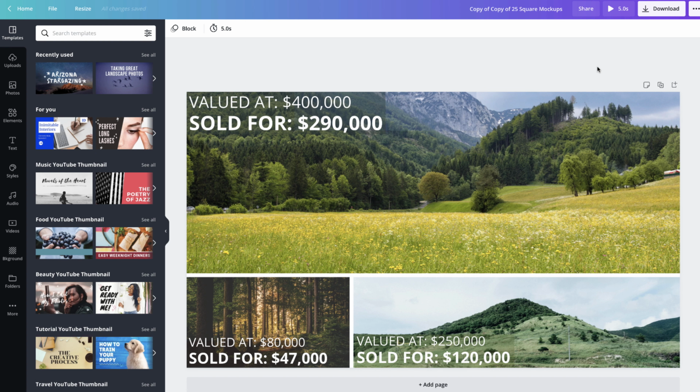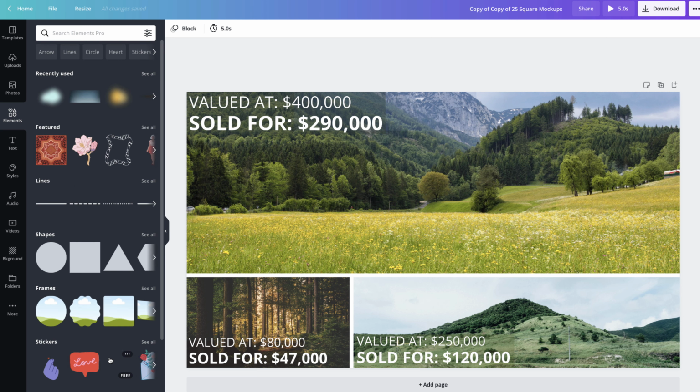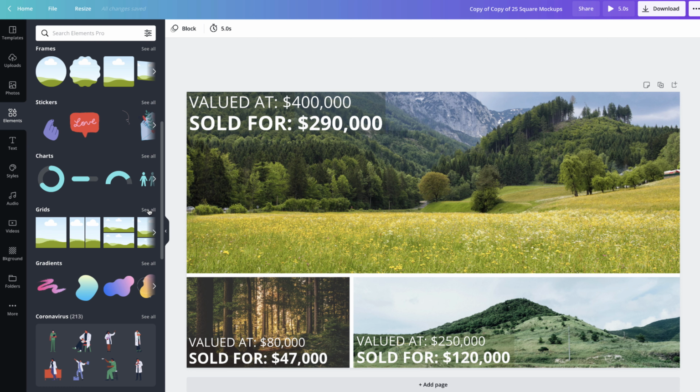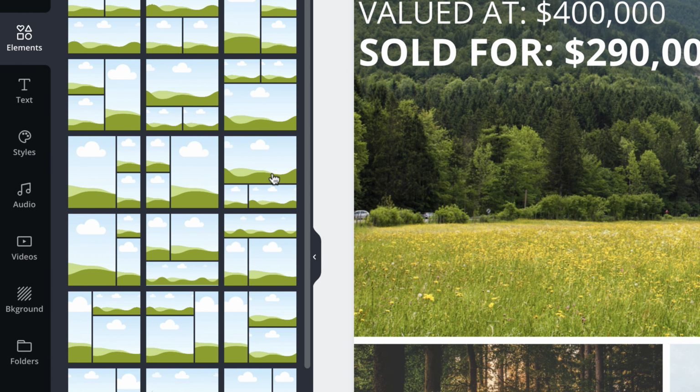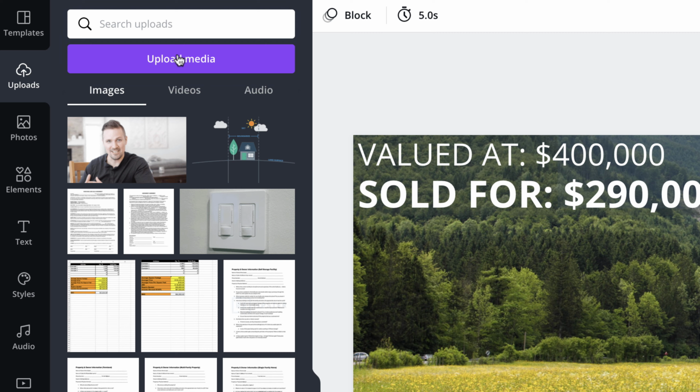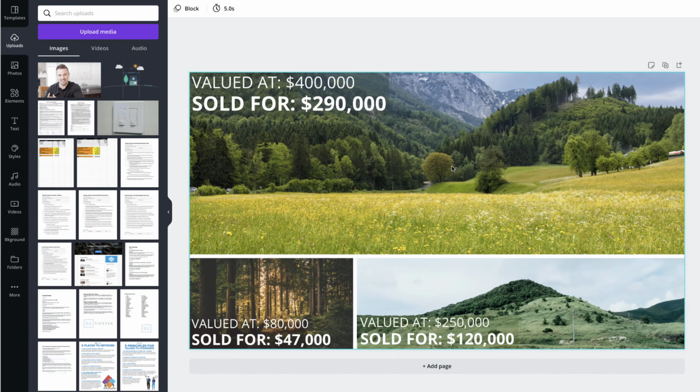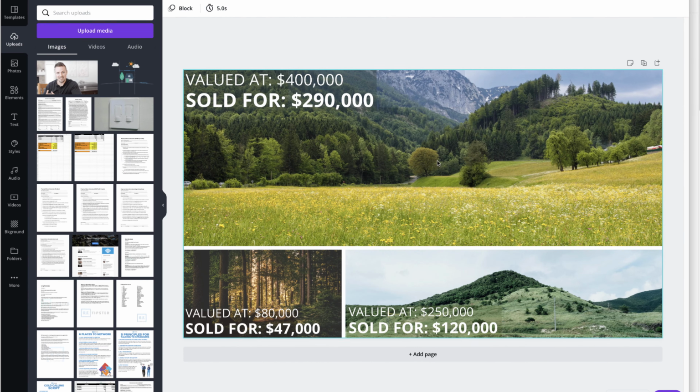And just to show you how I created this in Canva, I created a little YouTube thumbnail template, and then I found some frames that I could put in here. I went here to these grids and I selected, I think it was this one right here. And it basically just overlays image spots. And then you can go up here to uploads and you can upload pictures of the actual property you've sold in the past, and then drag them over here to replace those frames. And then you can go over here to text and add text like this.